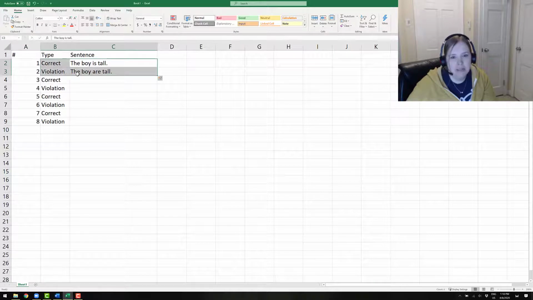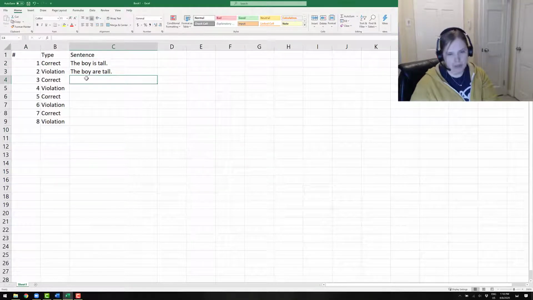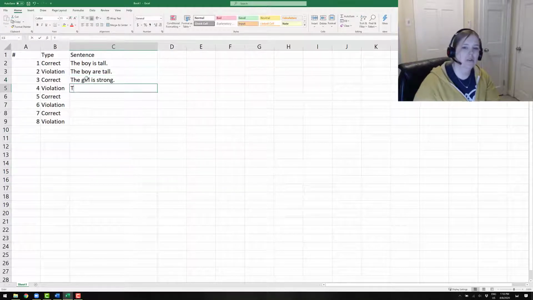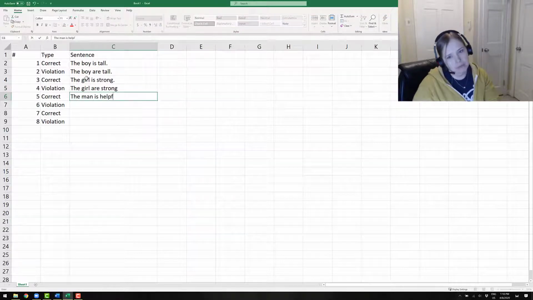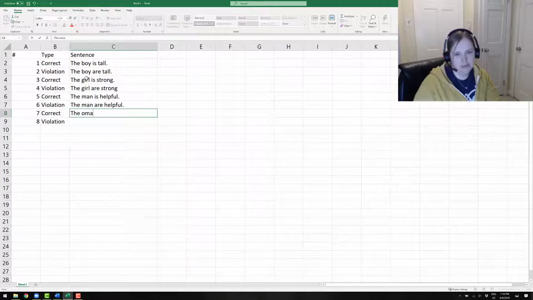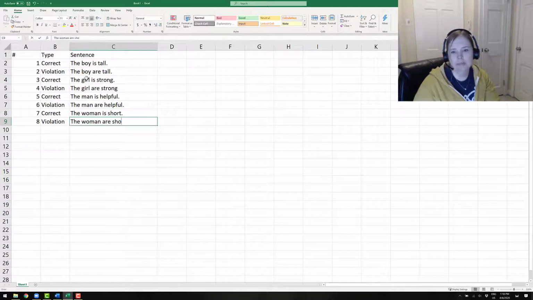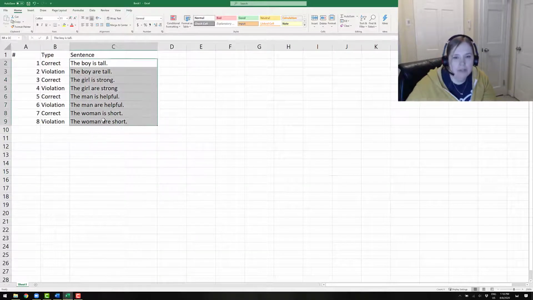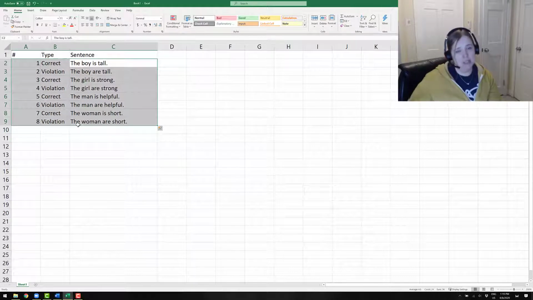Which would be taking this pattern and repeating it, right? So the boy is tall, the boy are tall. The girl is strong, the girl are strong. The man is helpful, the man are helpful. The woman is, I don't know, short, the women are short. Whatever, something like that. Okay, and so you roughly want 8 items when you get to the material design section